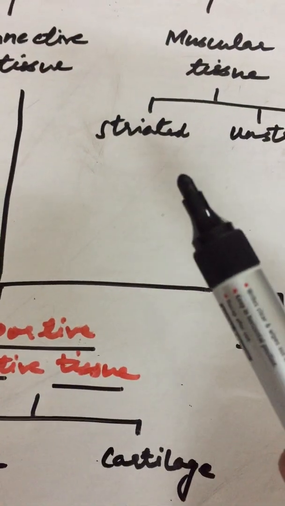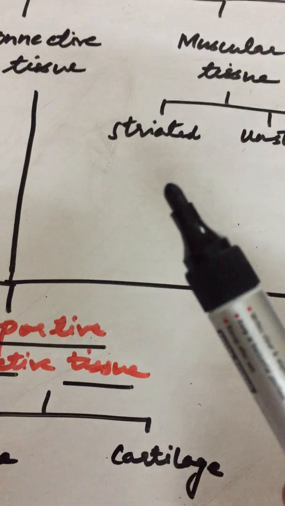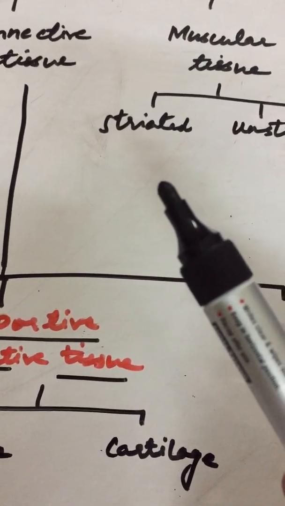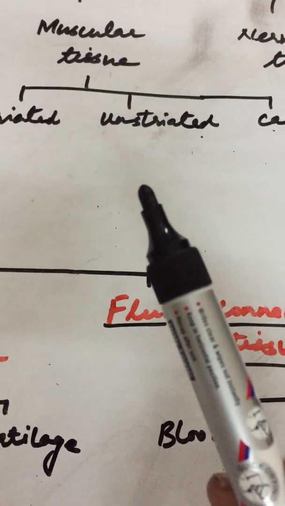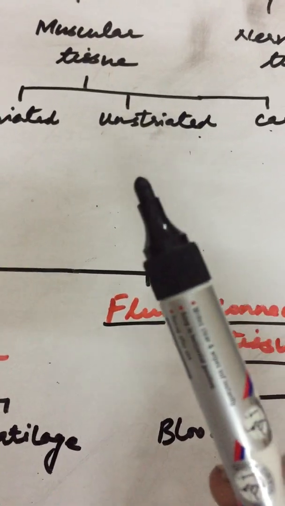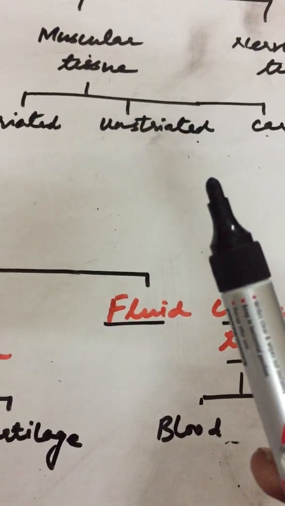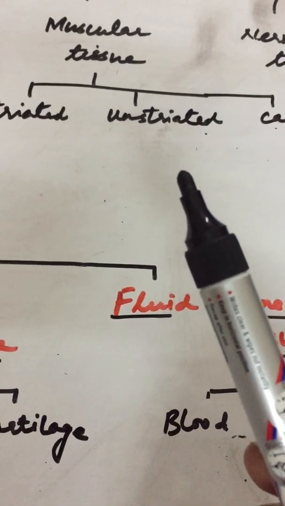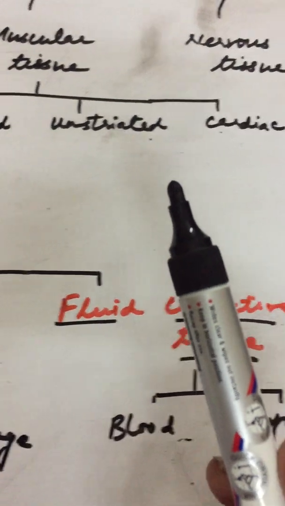When you want to move them, you want them to contract, you can do it. When you want them to relax, you can do it. Like muscles of the arms and legs, they are voluntary in nature. Unstriated muscles are involuntary in nature. They are found in the walls of urinary bladder. So that is not under the control of our will. You cannot control their contraction and relaxation, or muscles found in the walls of stomach and intestine.